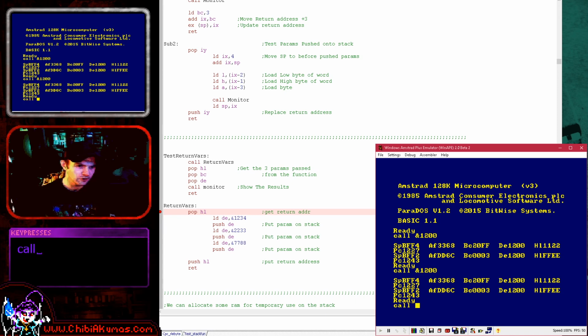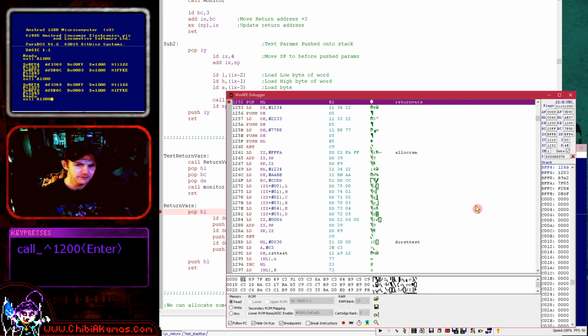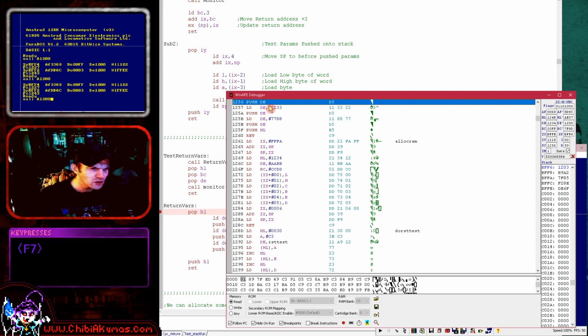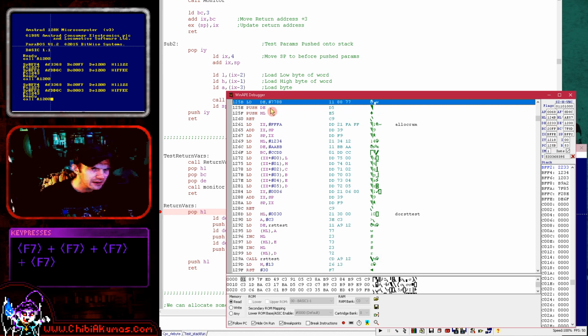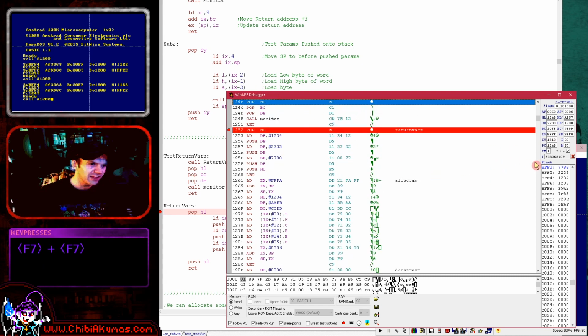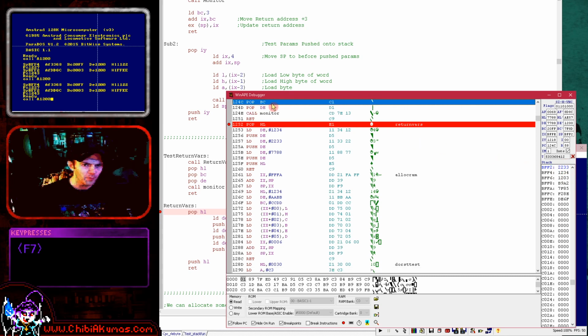And if we do call 1200 here. Now you can see here, we're at this line here. Now the return address is at the top of the stack here, 124B. And if I just do an F7 here, now that's been popped off into HL. We're then going to push our 3 parameters onto the stack here. And then finally we push the return address back to the top of the stack, and return, and then the 3 parameters we just pushed on are then available for us to pop back off,